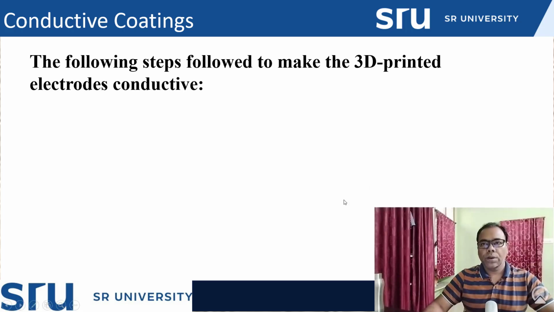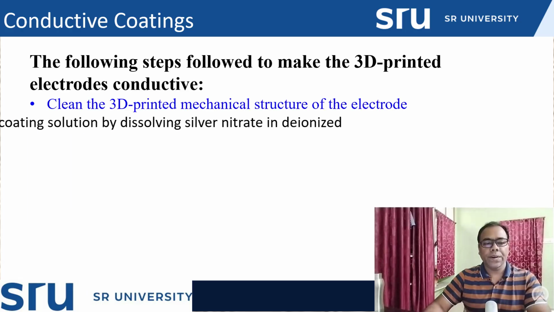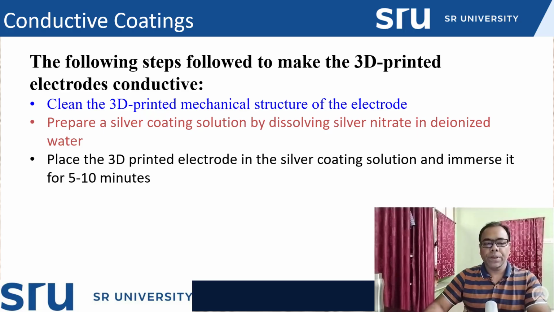Now we have to understand the coating of the electrode. For coating the electrode, there are certain steps one has to follow. First, we have to clean the 3D printed part. Whatever electrode design you have made has to be cleaned first with a proper cleaning mechanism, so that the surface structure of the electrode is properly cleaned. After that, prepare the silver coating. For that you have to prepare the silver